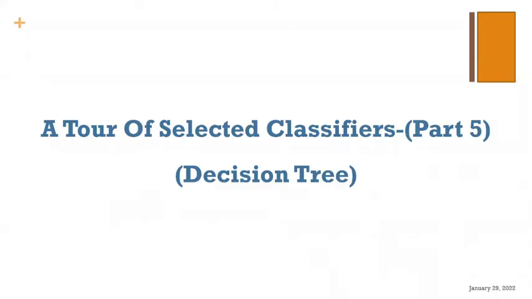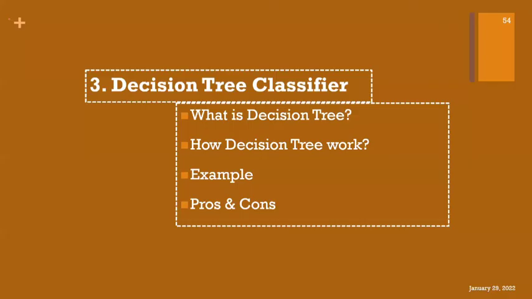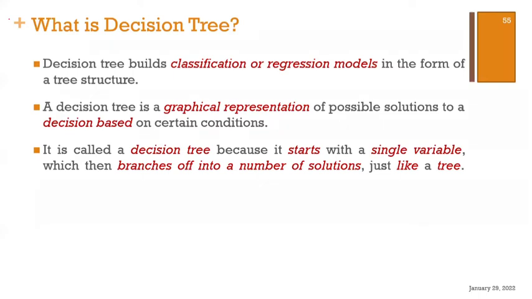So as we said, we are moving forward with the top selected classifiers, which is going to be part 5, as mentioned. Last week, we looked into decision tree: what is a decision tree and how a decision tree works. Then we try to look at the example today. So we define decision tree as